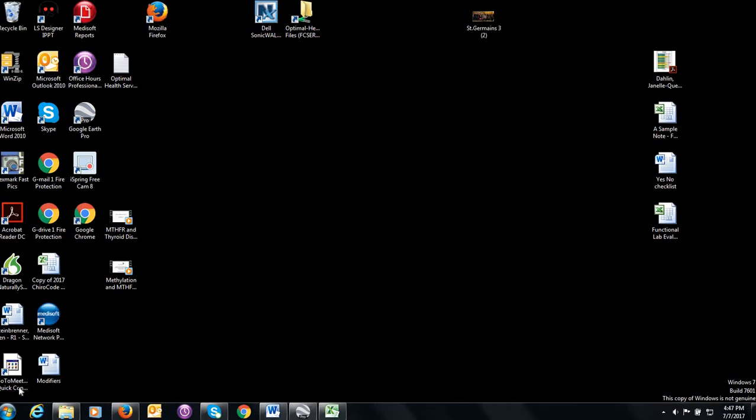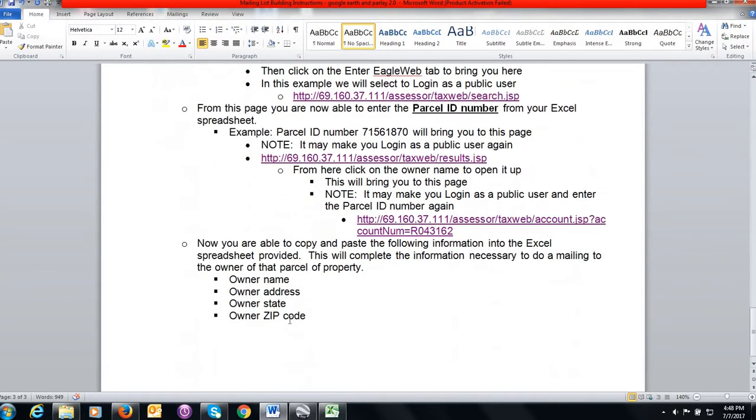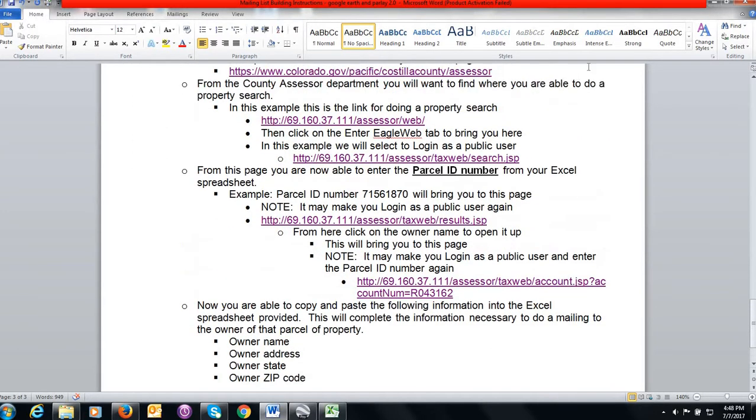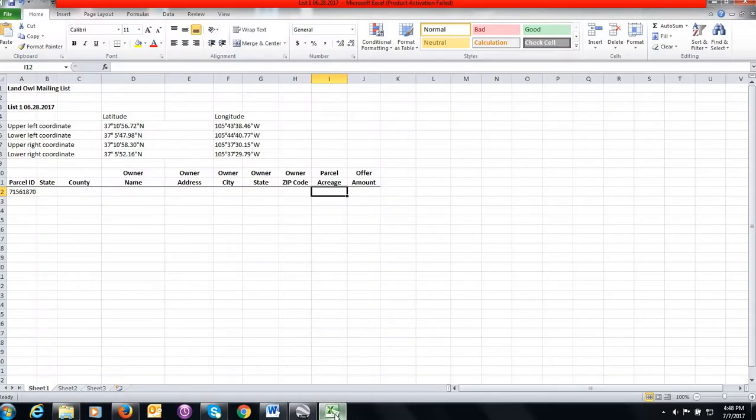So there should be two instructional sheets that come with this video. The first is this sheet that says how to gather information from a county website for a mailing list. And this will walk through what we are going to cover in the next 5 to 10 minutes. Along with this, you should have received this Excel spreadsheet, and the overview is what we're going to do is